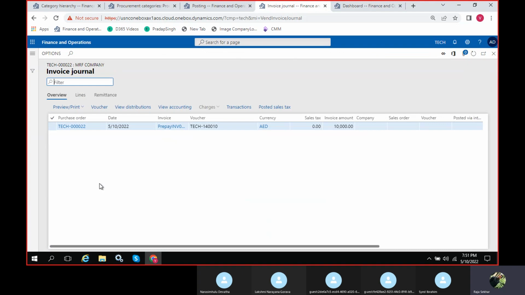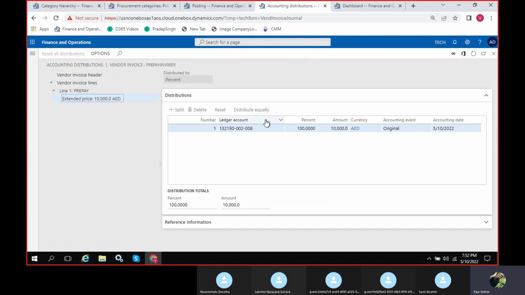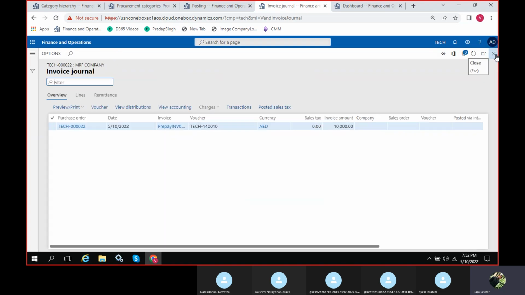Voucher has to appear. Okay, you can see the view distributions as well here, because this is just the prepayment journal. You haven't done any payment on this one, so it is not coming.